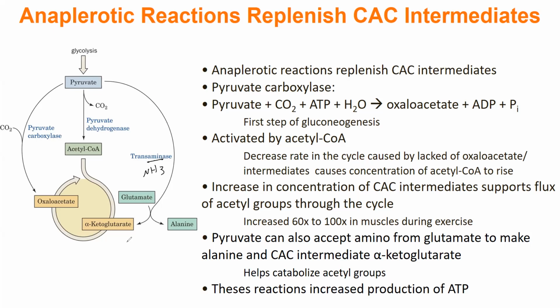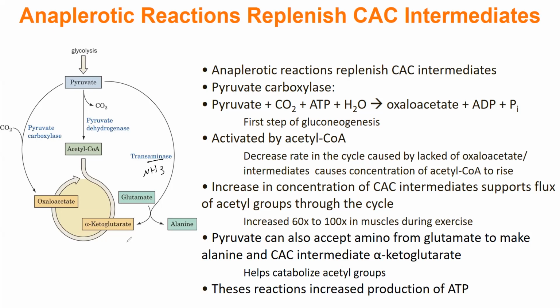Why would you want to increase the intermediates of the citric acid cycle? Flux, right? If you take that pyruvate and instead of going to acetyl-CoA every single time, you start putting it into oxaloacetate or alpha ketoglutarate, or you start breaking down amino acids to go into the citric acid cycle, you're going to speed up this whole process 60 to 100 times. So during exercise, you're going to start breaking down anything that can go into the citric acid cycle and start throwing it in there